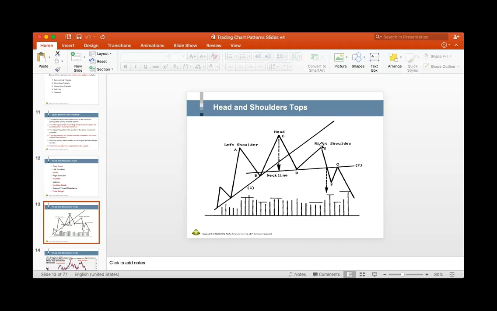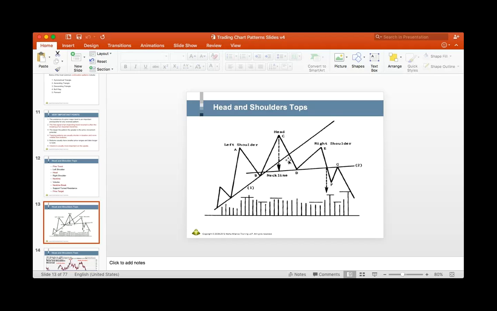Followed by the right shoulder. When the right shoulder is formed, the volume is even lesser. Volume is lesser than the head and also lesser than the left shoulder. So these are clues to let you know that this is a possible head and shoulder pattern. One thing we didn't mention is that usually when the head is formed, there is a break of the uptrend line. A break of the trend line helps you identify that this is a possible head and shoulder